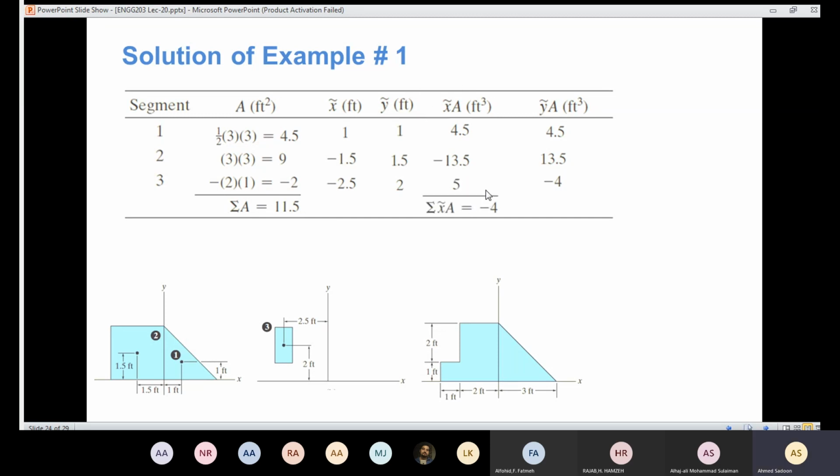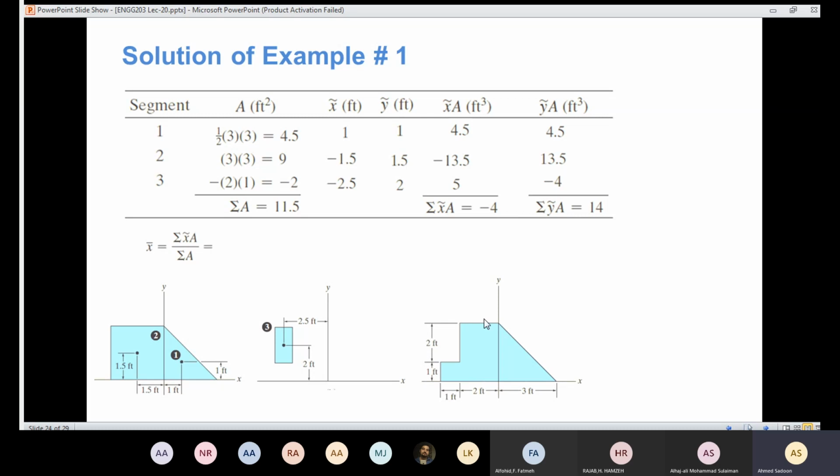Came out to be minus 4, because the value here is large. So it makes sense that the value here came out to be minus 4. Here the summation came out to be 14. So now in order to determine the centroid in X, so now we have the composite body,